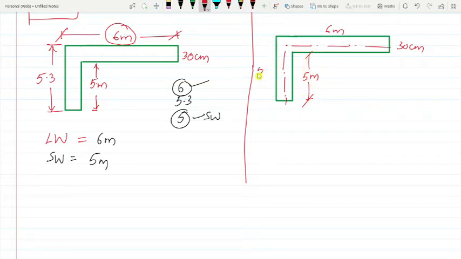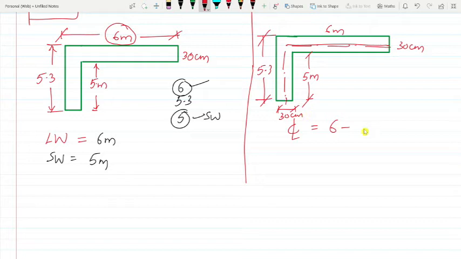This is 5.3. So everything is same again here, but the center line distance will be this distance you have to take. So what is that distance? 6 minus this much. This thickness is how much? This is 30 centimeter.